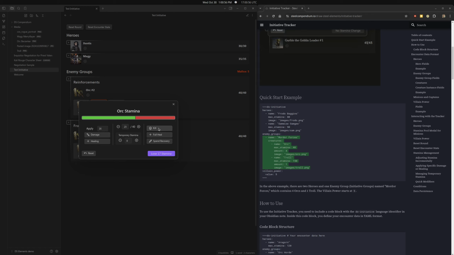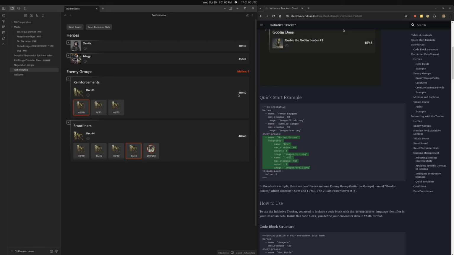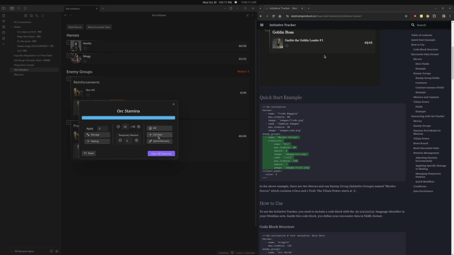So I found it was nice to have a kill button that you could just go in here and hit kill, apply, click, kill, apply, or you can double click or whatever, kill, apply. There, killed 3 people super quick instead of calculating out damage and things like that. That can be nice. Finally, there's a full heal that'll apply, or you can